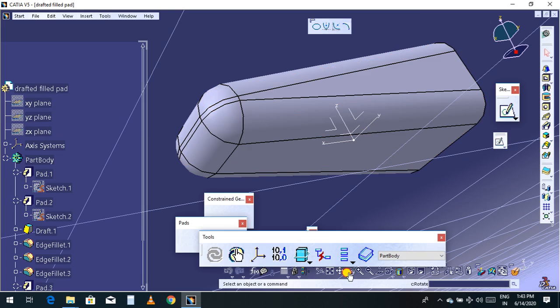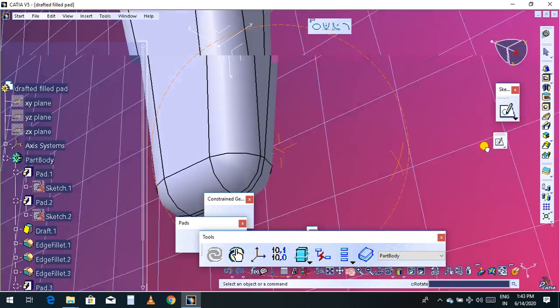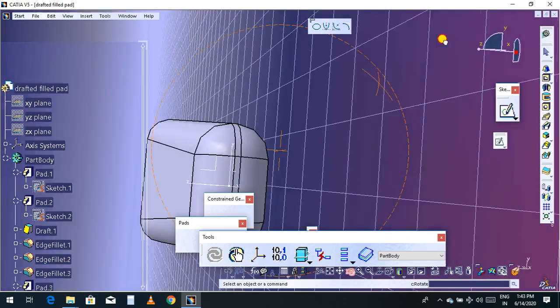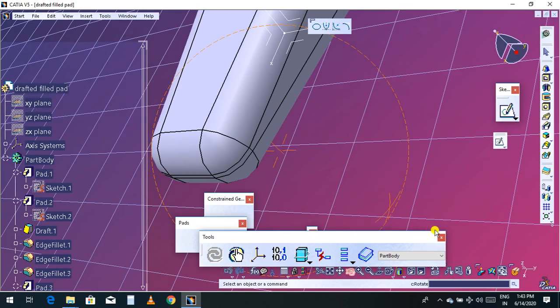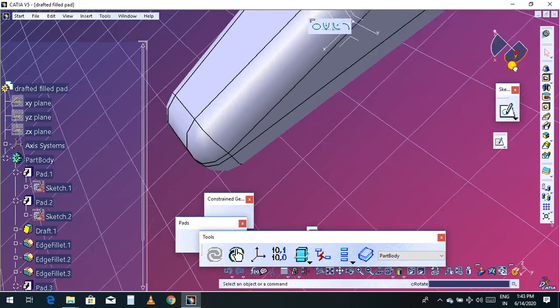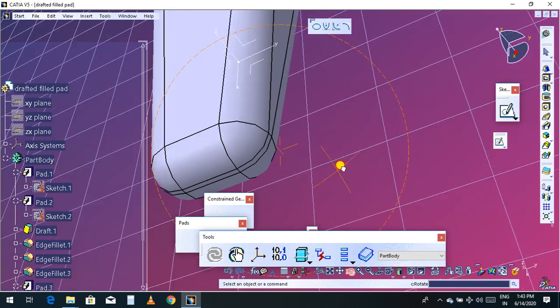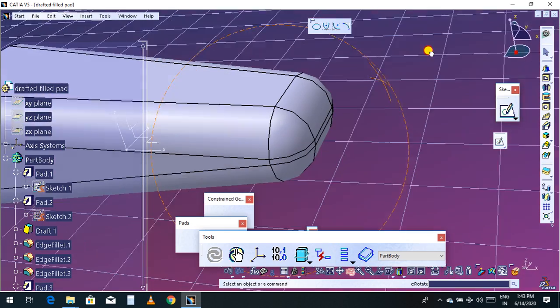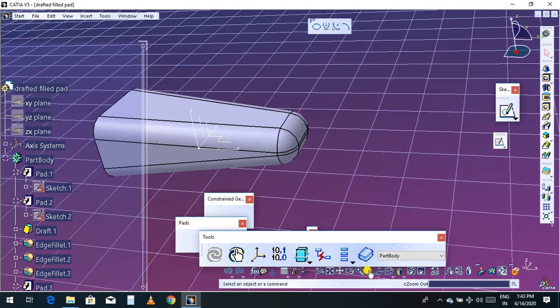Now you just rotate. So this is another way to sketch here.